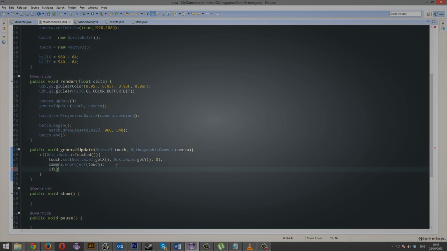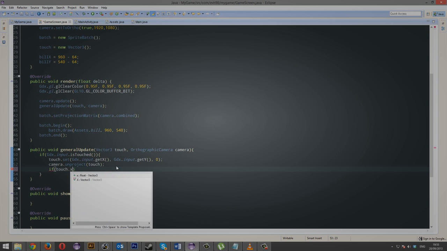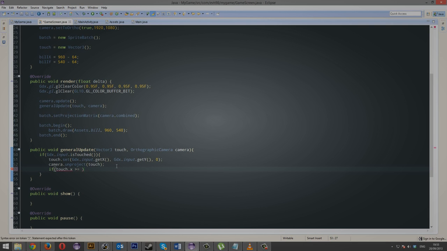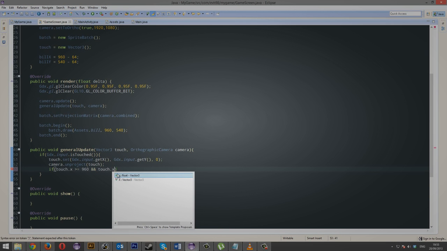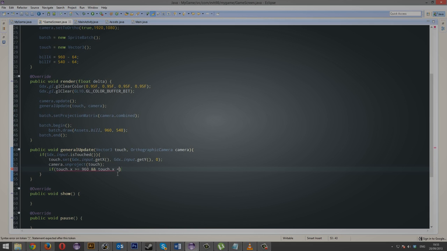So if touch.x is bigger than or equal to the x coordinate of bill, so that's 960, and touch.x is smaller than or equal to 960 plus the width, which is 128,